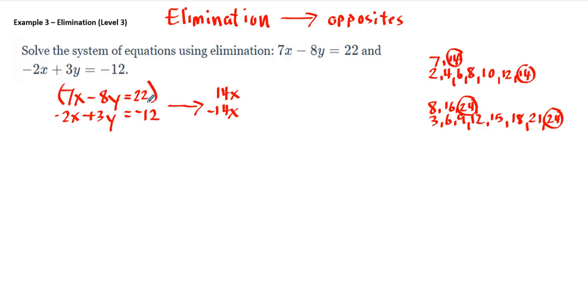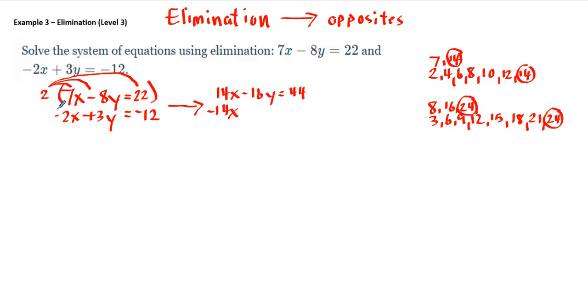Now, coming back over to here, what would I multiply 7x by to turn it into 14x? And if you said 2, you're going to do just fine. So 2 distributed to 7x is 14x. 2 distributed to negative 8y is negative 16y. And then finally, 2 distributed to 22 is actually 44. And using the arrows is a good way to make sure that you distribute 2 fully through to each term